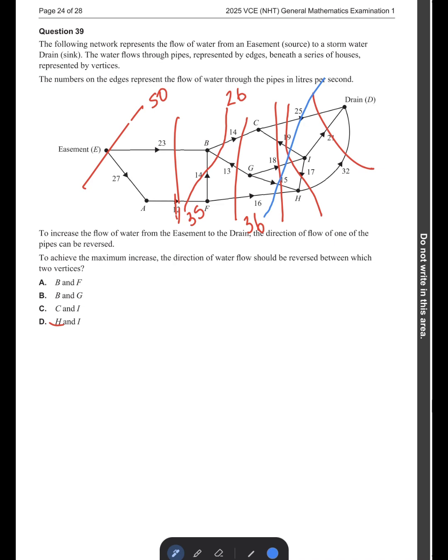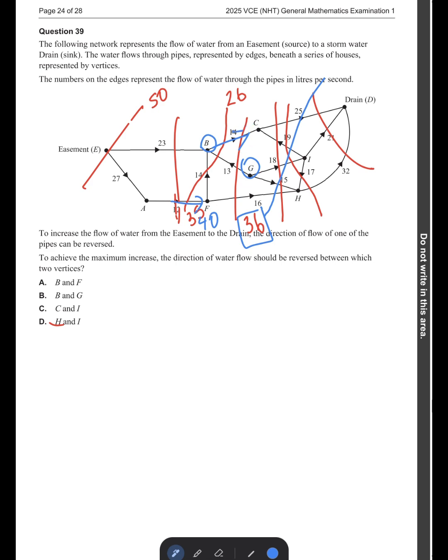Where is my 26 cut? Yeah, so that's that way. That's backwards, that's backwards. Yeah, so that's my 26 cut. So it really needs to change the 26 cut. Now, if I look at B to F, that will increase that one, but that will increase 26 to 40, but it doesn't actually increase this one at all. Whereas if I change B to G, then that one is actually going to